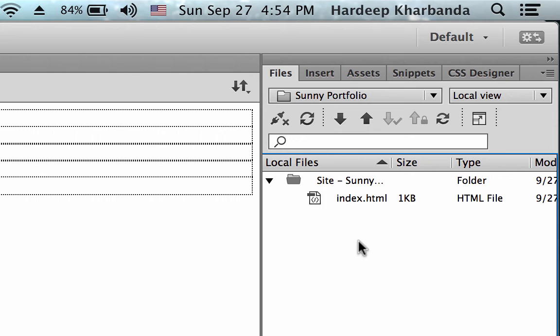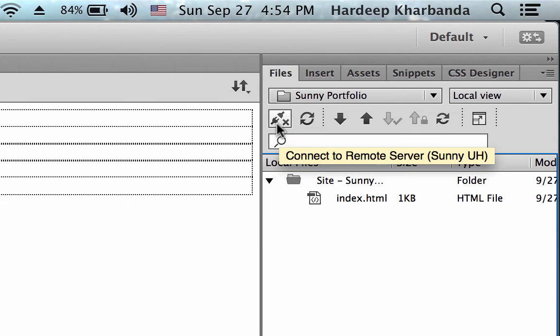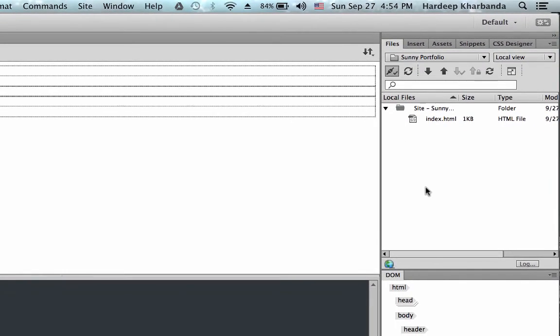How do I do that? First, I need to make sure I'm connected to my web server, to my site. Here is the button to do that. I click this, Dreamweaver logs in, and now I'm connected. Now all I need to do is click the up arrow, which is to upload or put files to the remote server.